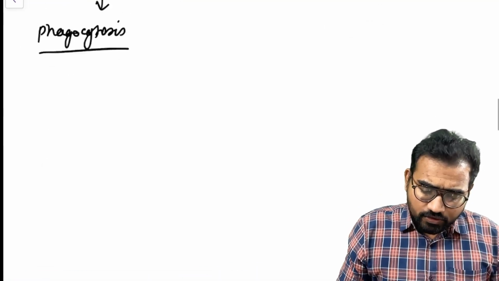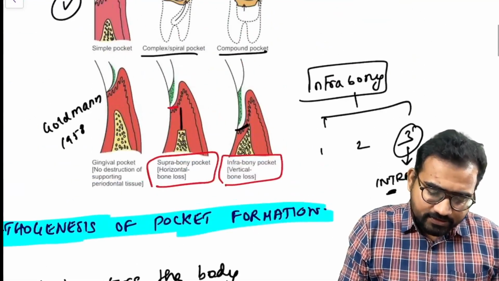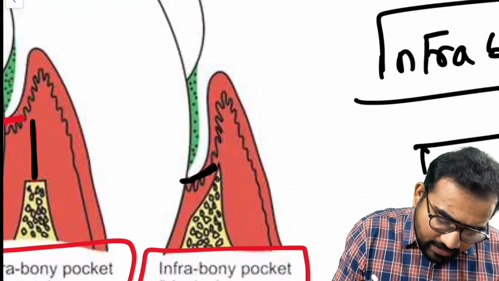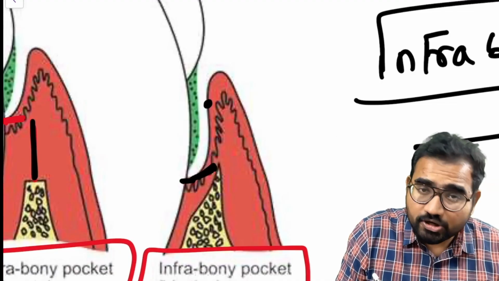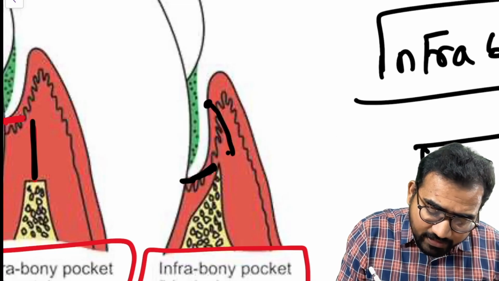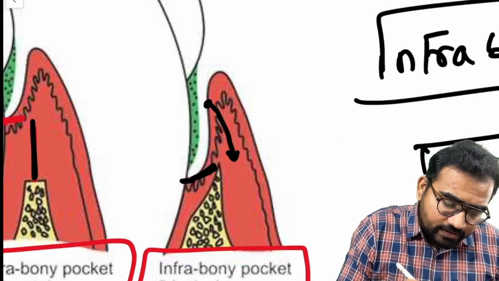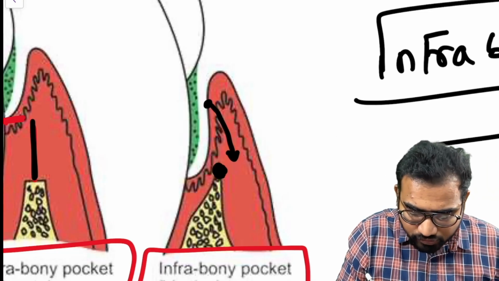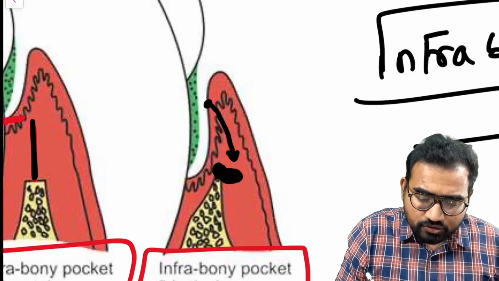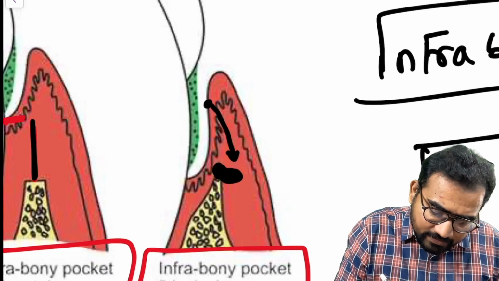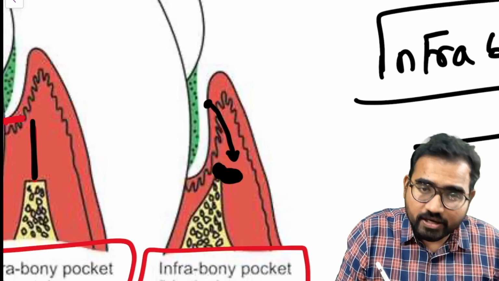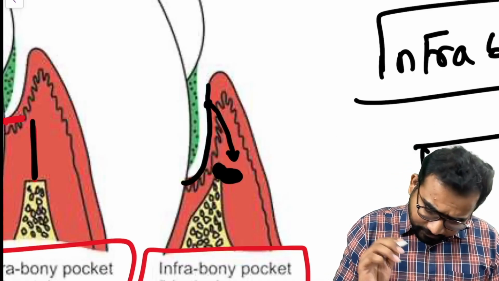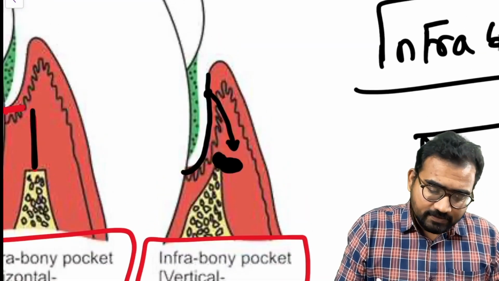Now, just imagine, look at here. A bacteria which is present here, because of the semi-permeable nature, directly enters the connective tissue and starts to resorb the bone. It fights against the connective tissue, so there is tissue loss. And what happens there? The junctional epithelium follows the architecture. It migrates apically, and what will happen is,